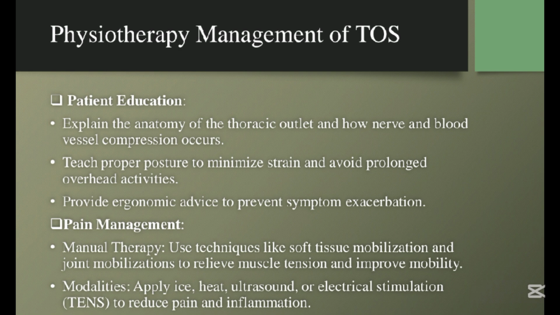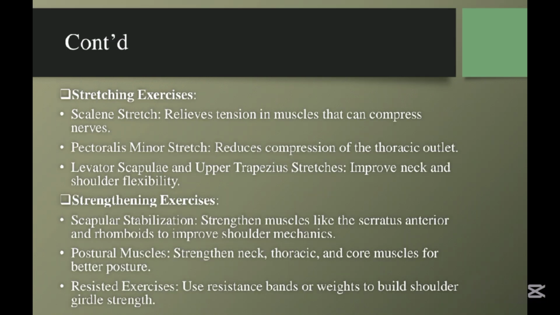Modalities: apply ice, heat, ultrasound, or electrical stimulation to reduce pain and inflammation, which are the most important modalities we use in TOS. Moving towards the next approach, stretching exercises. We perform different exercises like scalene stretch to release tension in muscles that can compress nerves, pectoralis minor stretch to reduce compression of the thoracic outlet, and levator scapulae and upper trapezius stretches to improve neck and shoulder flexibility,